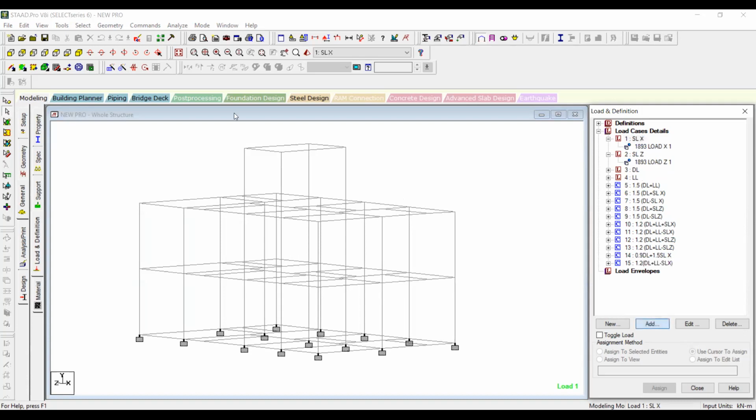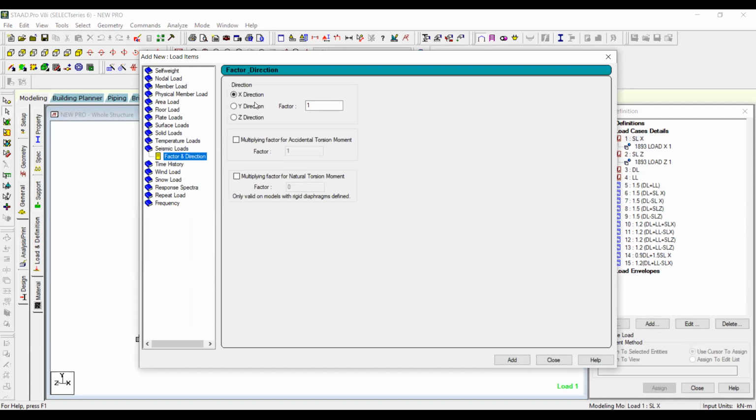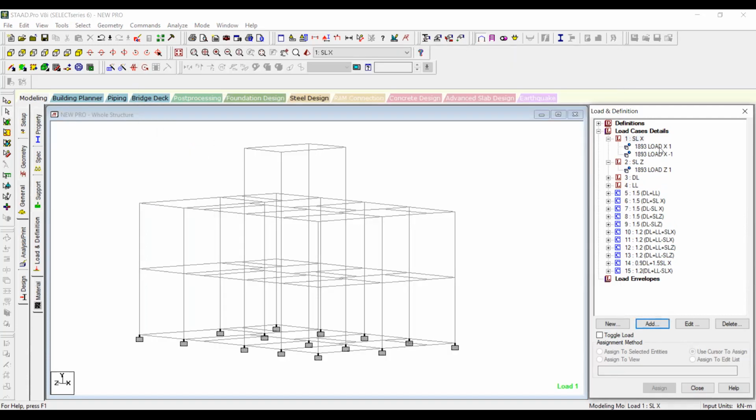Go to the seismic loads here, go in the X direction, type the factor as -1, add and close. See, this one also I've added. If we add this negative one, will the load combinations be added, sir? Yes, those two load combinations will be added, so we don't need to edit the load combinations again. No, we don't need to edit those.